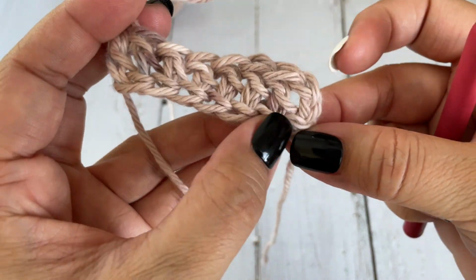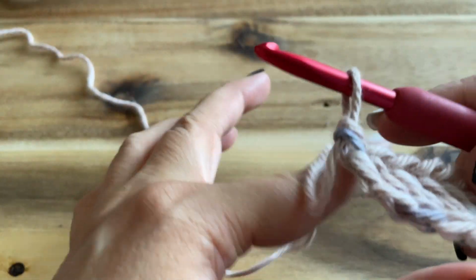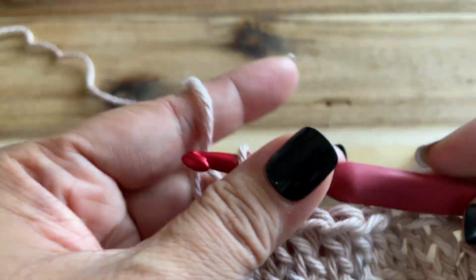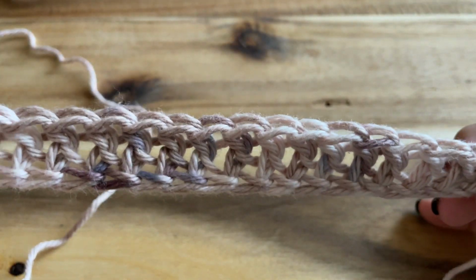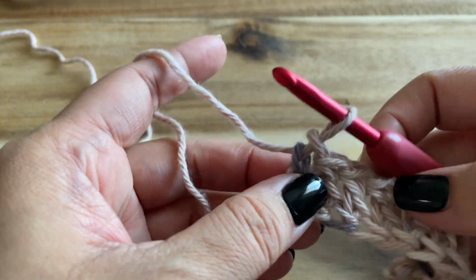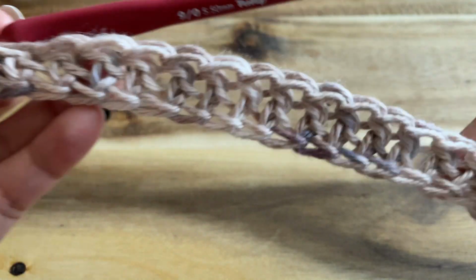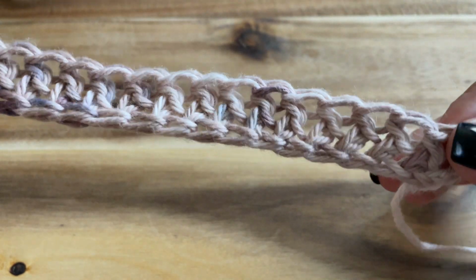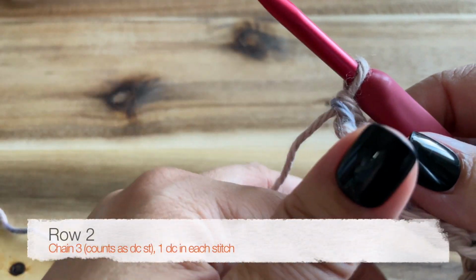Okay, so you can see here you've got your foundation chains and your double crochet. I have 25 double crochet stitches. The stitch pattern is in multiples of 5 if you're not following the pattern itself, and if you're adjusting, just work as many as you need as long as it's in multiples of 5. Okay, so row 2,